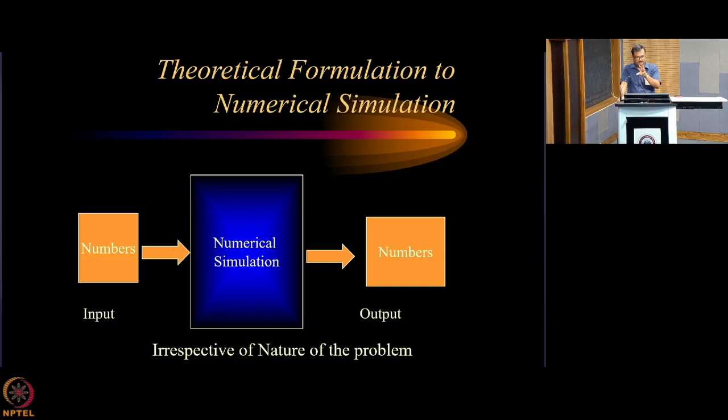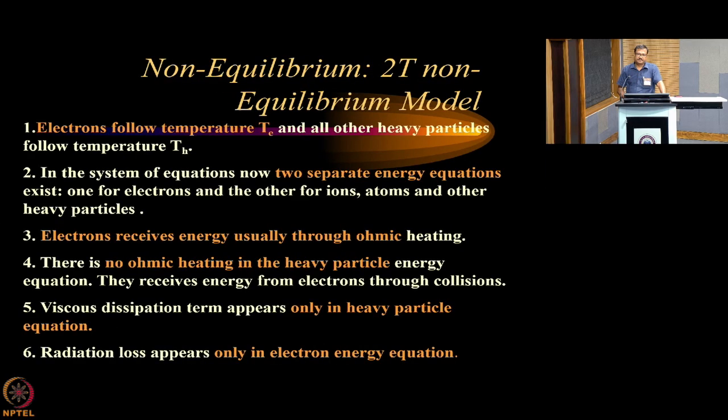So those algebraic systems you are solving originated from the problem that you are attacking. Okay, so now you got some numbers, and those numbers you need to interpret to explain the behavior of the system that you are handling. So, in non-equilibrium modeling, when you are handling the fluid model, to reach those equations, we started with the kinetic theory model, and we assume that there are two fluids. One is your ion fluid and one is electron fluid.